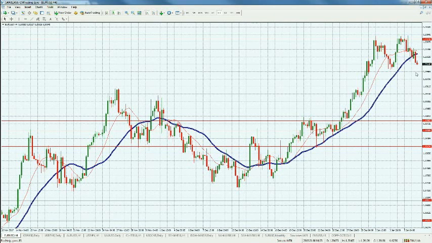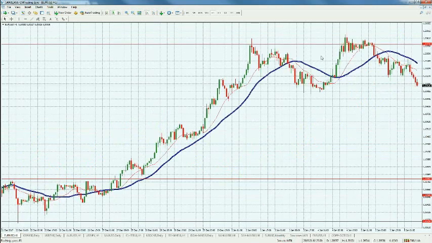But let's keep an eye on this. This is really important to see if it does rally between these two levels and does create itself a new trading range between these two levels, 120.72 and 120.13. So keep that in mind.